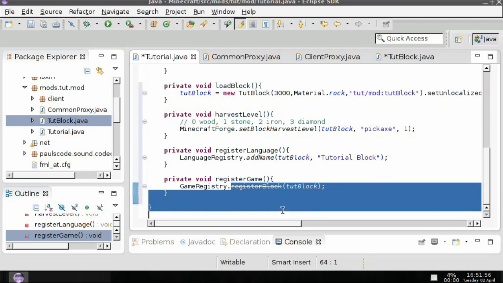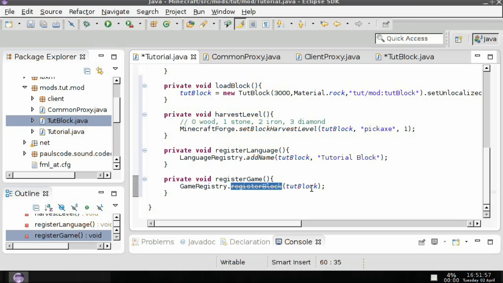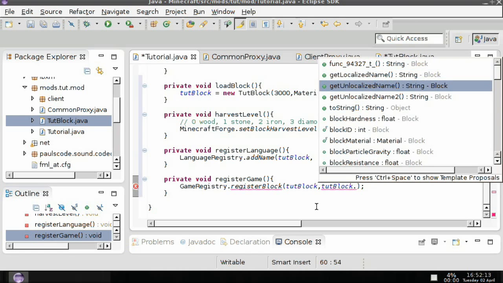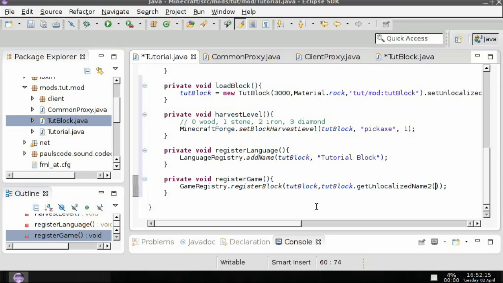Obviously it's deprecated now, so what you want to do here is put a comma and then tut block dot unlocalized name 2. However, there's get unlocalized name 2, but in front of this, what we're going to put is